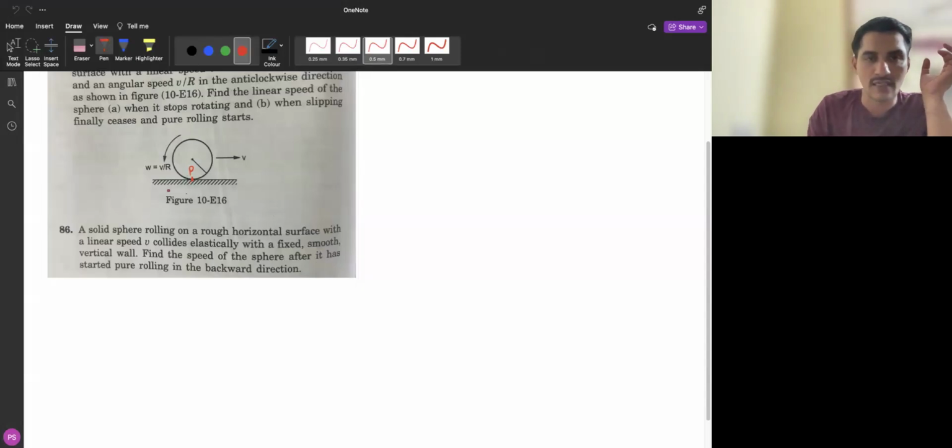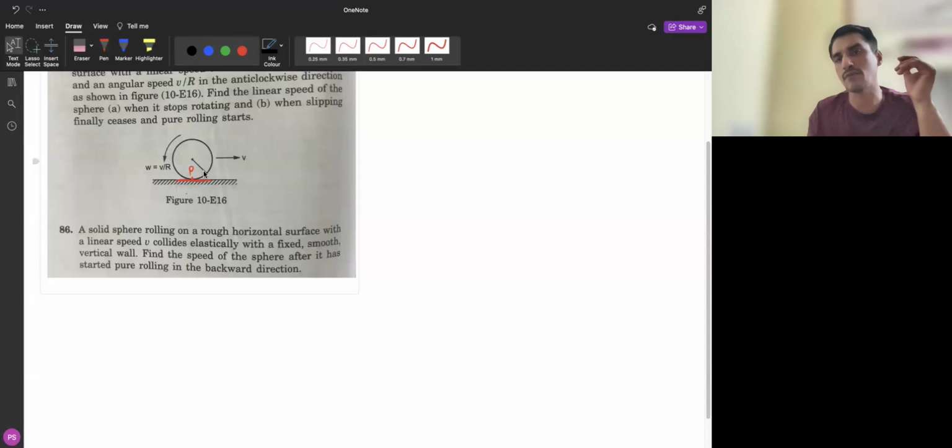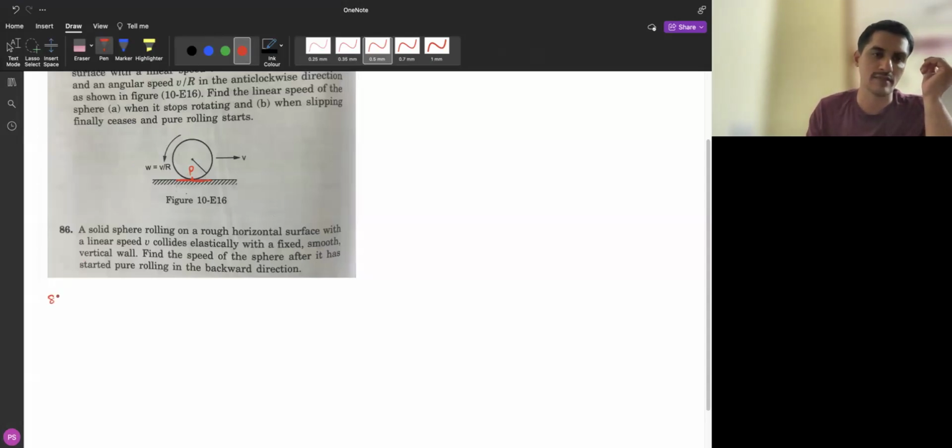Okay, because the friction is passing through the point of contact P. If we consider the point of contact as the ICR, the instantaneous center of rotation, then there is no torque produced due to friction. Yes or no? So that's why. Now let us apply that principle here with respect to P,